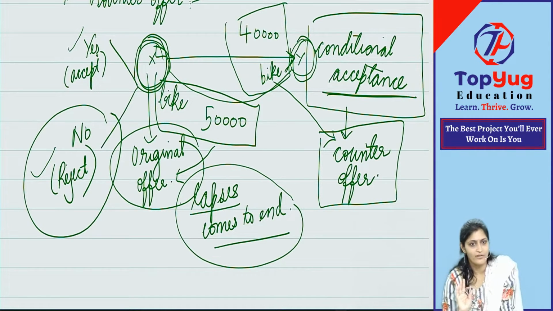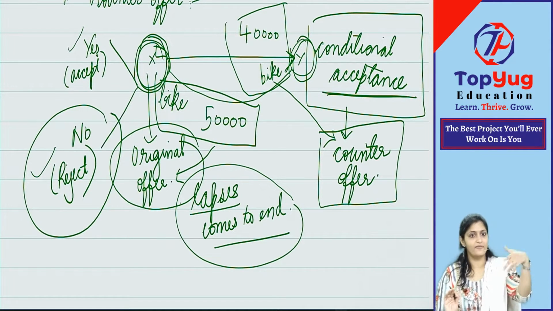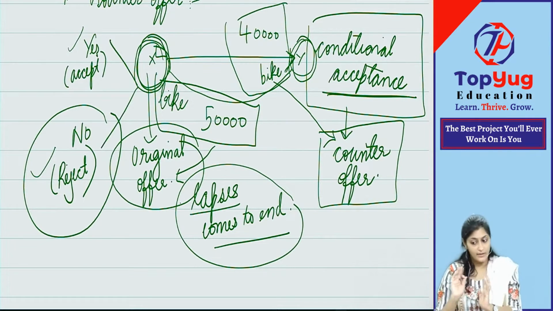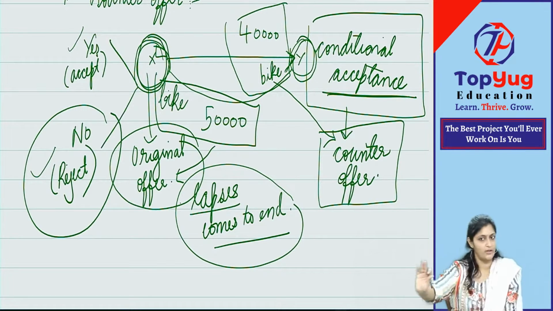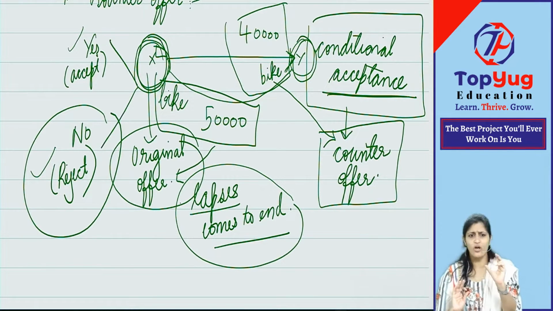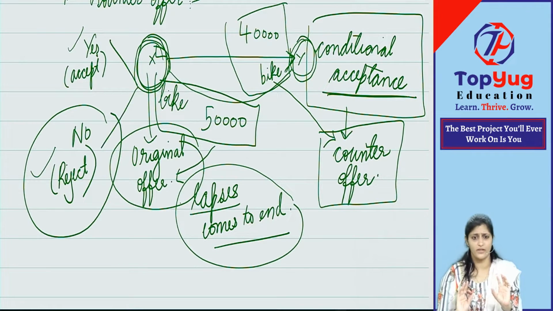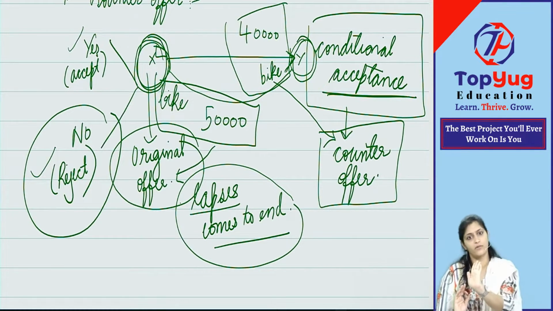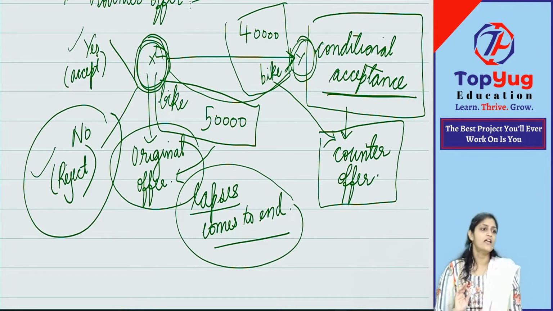With this offer question, please write the example yourself. Otherwise, you will not understand. After some time, if you try to read this from your book, you will not understand. I'm telling you. Whatever explanation is given in the book is not very clear. It is legal terms only. If you study that with an example, then only it will be clear. So it is better that you write the example.